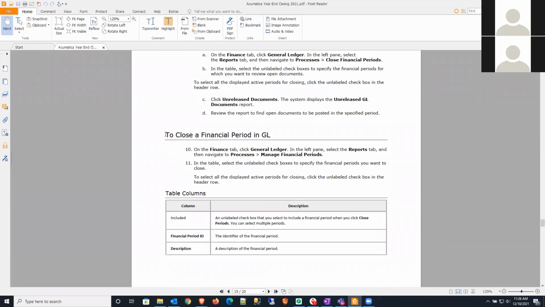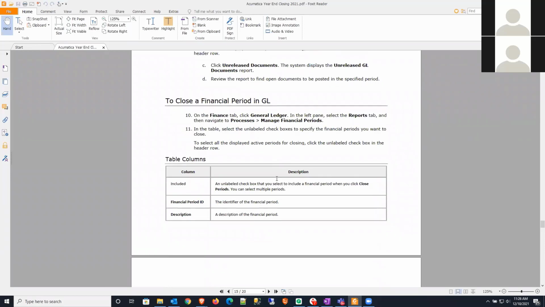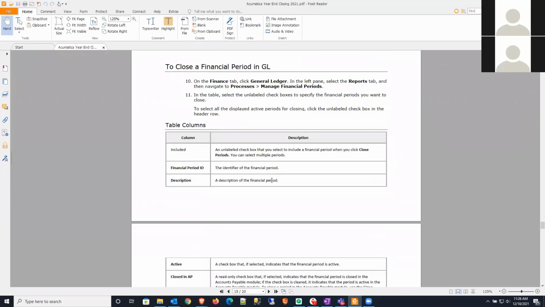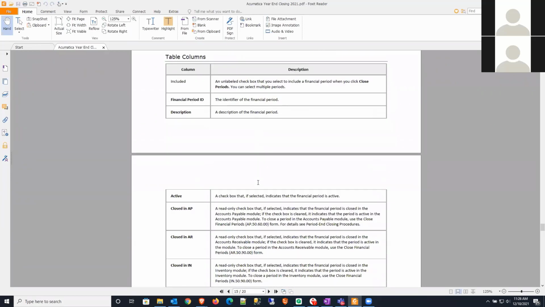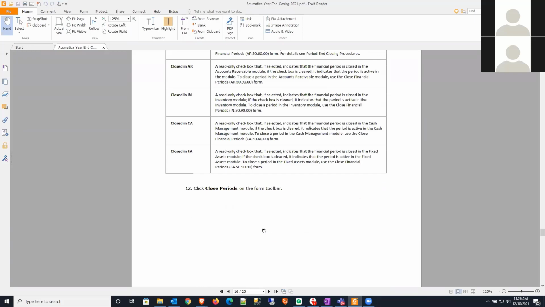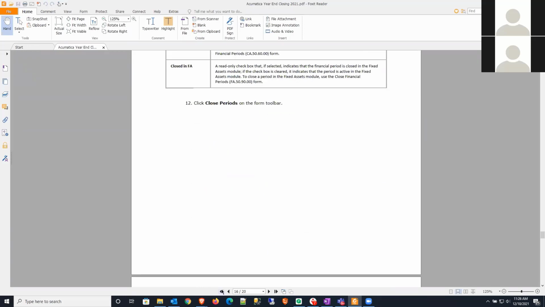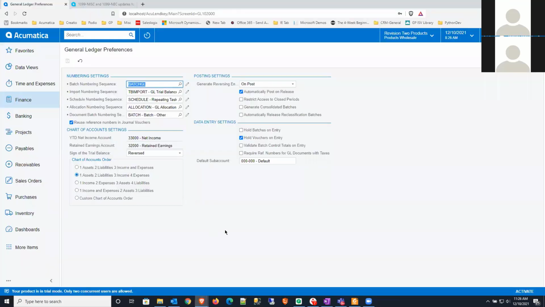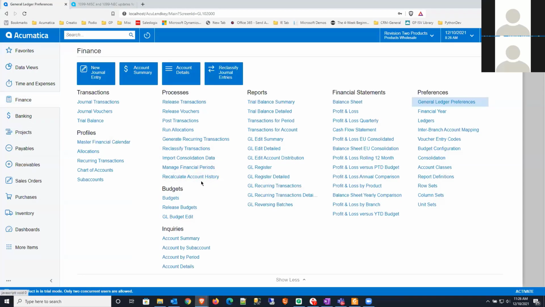So again, to close a period in GL, we'll walk through that. But what you'll see in the GL area is it will reflect or let you close anything in these subledgers kind of automatically. So let's jump in and see that. So I have closed periods turned off. So if I go to Finance, manage financial periods,